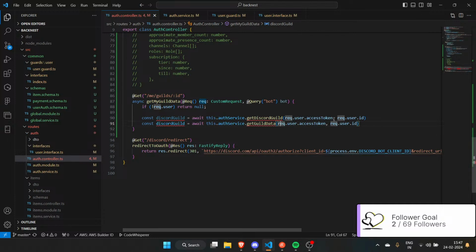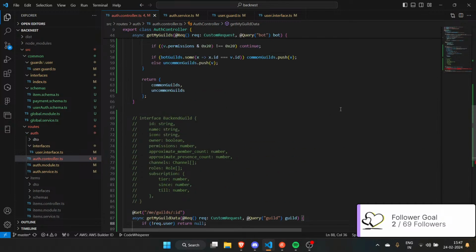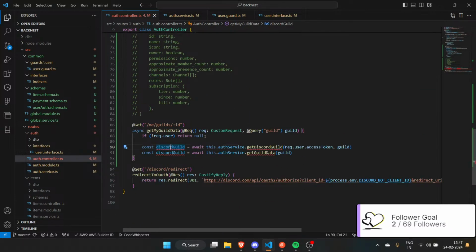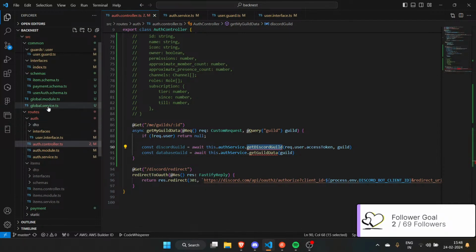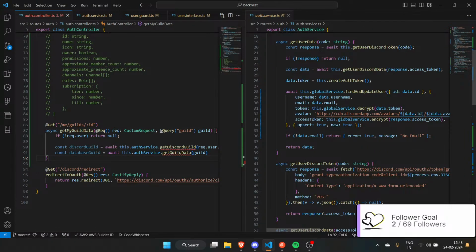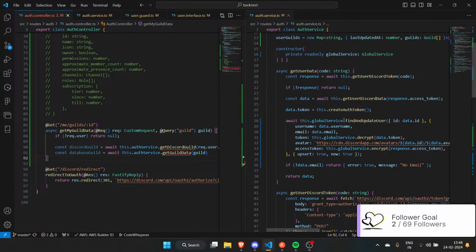Also, I just realized I don't need to do request.user.id. I need to do the query guild. Right. Also, one more thing, I probably have it here as well. That's fine. Okay. So we have Discord guild, and then we have database guild. Now let's go to auth service and define these. I'll do alt click, control B, get API slash auth.